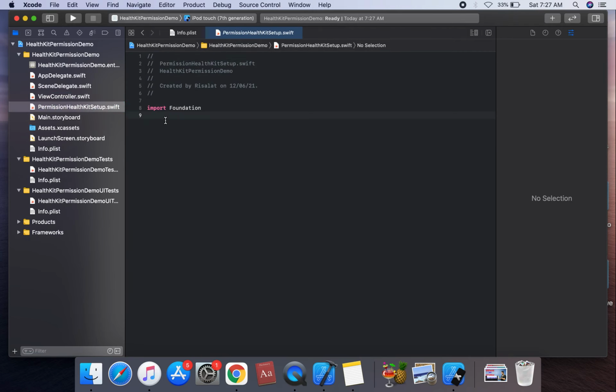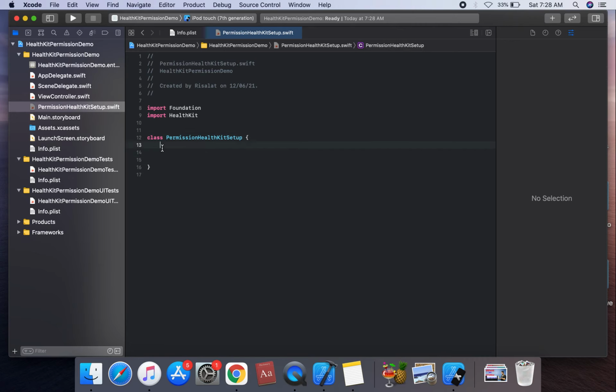First of all, we import the HealthKit framework, Command S, and we create the class HealthKitSetup, which does not inherit from anything.